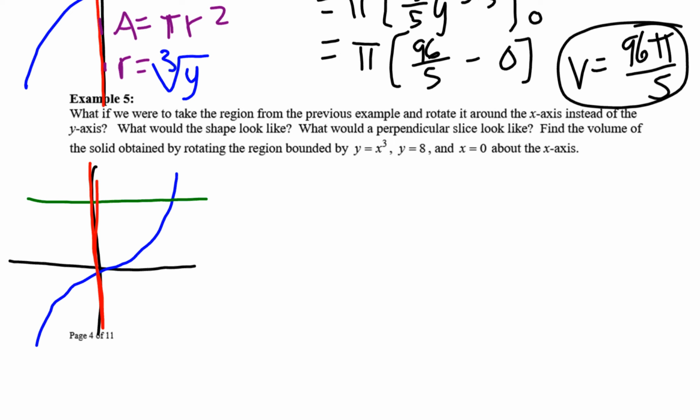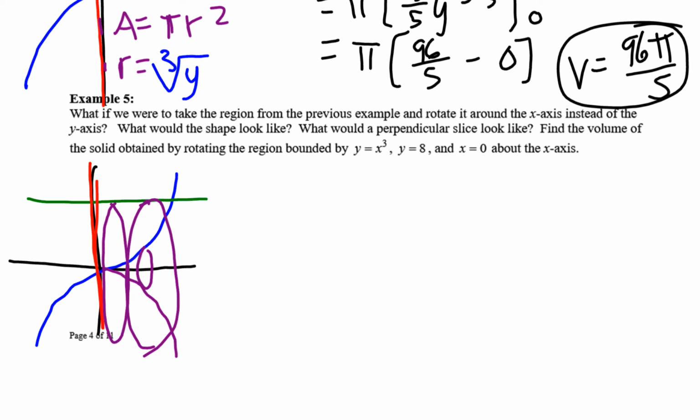Continuing with the next example, what if we were going to take the region from the last problem, and instead of rotating it around the y-axis, this time we're going to rotate it around the x-axis. So what would that look like? I know it's kind of hard to imagine at first, but if we rotate it, we could make a slice like that,